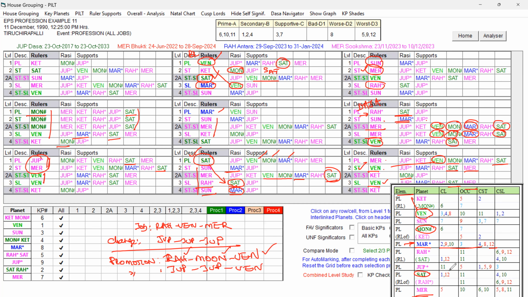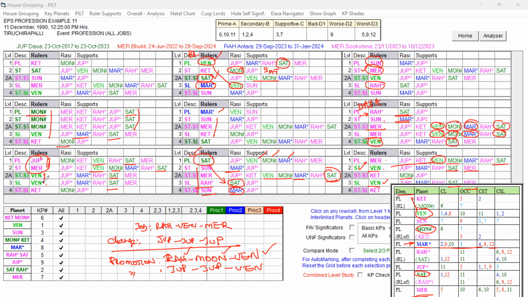Jupiter's signification is 11, 5, 1, 5, 9, 3, and the star lord Mercury has 5, 10. So this grouping is supportive for change, and supported by Venus, supportive for the job. So change resulting with the job, that Venus is forming ruler link also. Moon there, Venus, Venus forming ruler link, and other key planets are also playing a role.